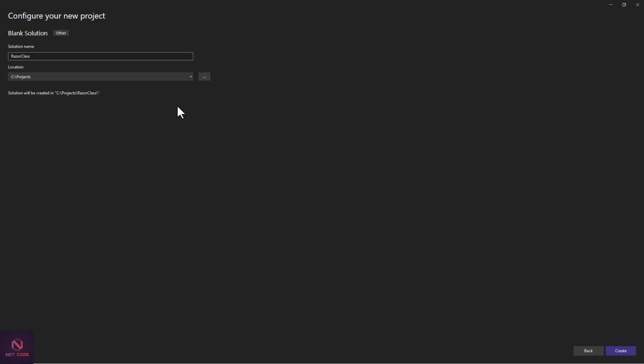So, Razor class library with lazy loading and CSS isolation. When I'm done with this, I'm going to leave the source code of this project over there, so if you want to grab it, I'm going to make it available. All right, so let me have this